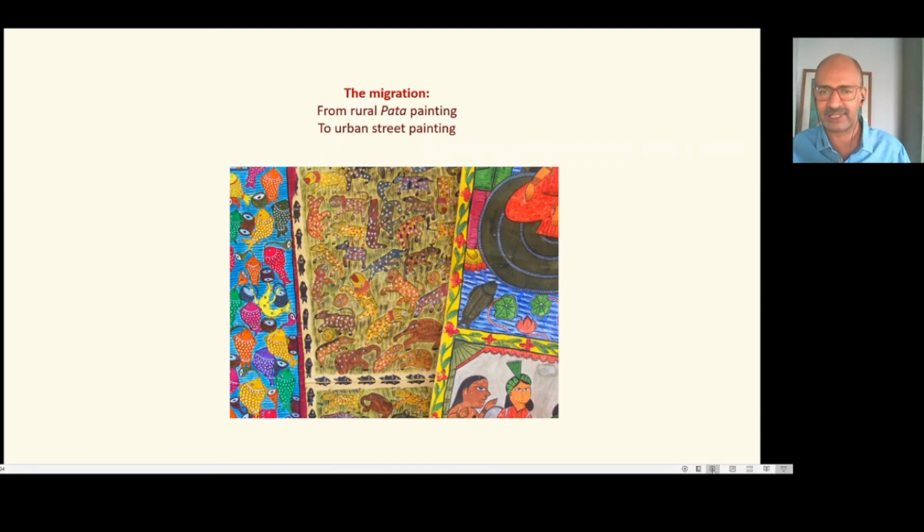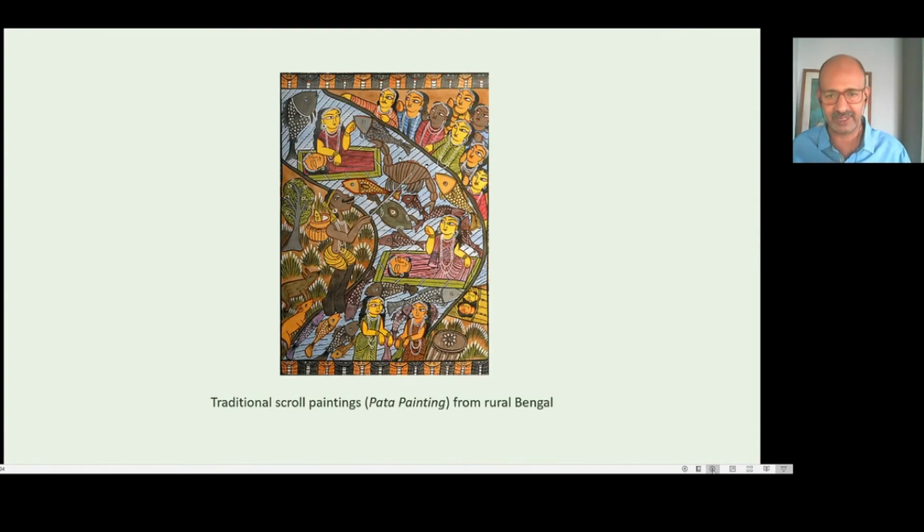But before that, quickly, let us browse through some examples of the paintings that these Potuas or their ancestors and forefathers used to do back home in their villages. That is the traditional Bengal Pot painting, the scroll paintings. If you look at these paintings very carefully, you will see a couple of things which set them apart from the Kalighat paintings stylistically. Number one, most of these Pot paintings have very dense composition, filled up with people and